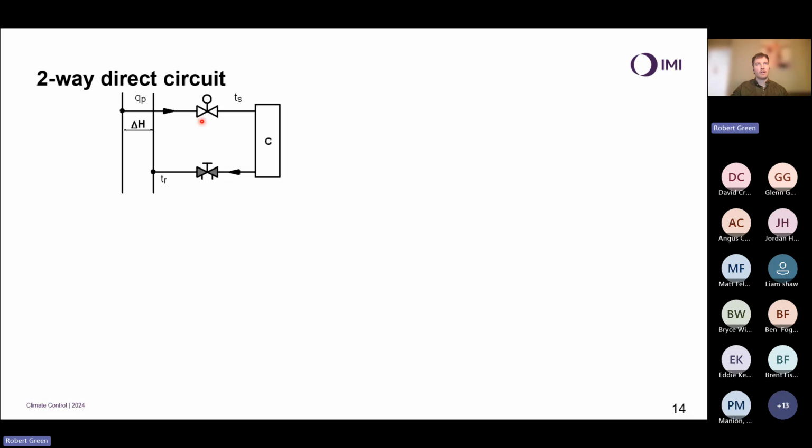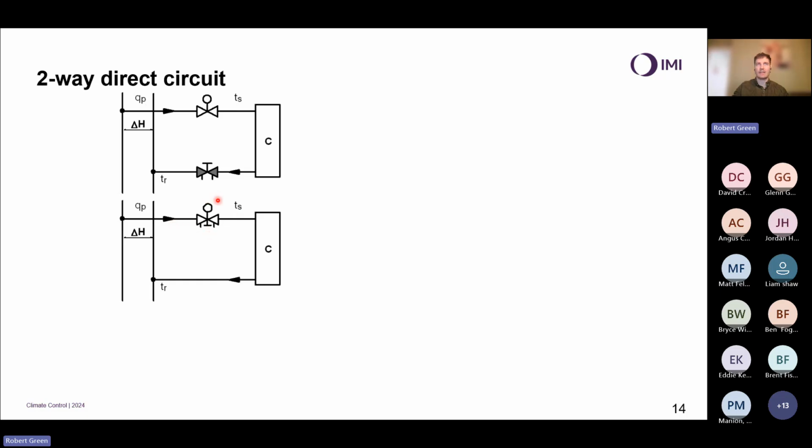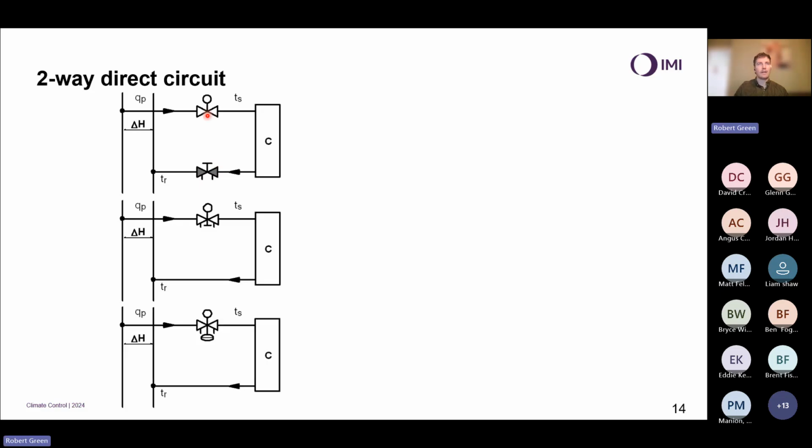We have our simplified option with a two-way control valve and a balancing valve. We could also look at something like a combined balancing and control valve. So this valve both does the function of balancing and control. And finally, we can look at a differential pressure control type valve, a pressure independent control valve. So this valve also has a differential pressure controller to stabilize the differential pressure across that valve, as we learnt about last week. And we can talk about why that's doing it. And the main reason is actually for preserving valve authority for control.